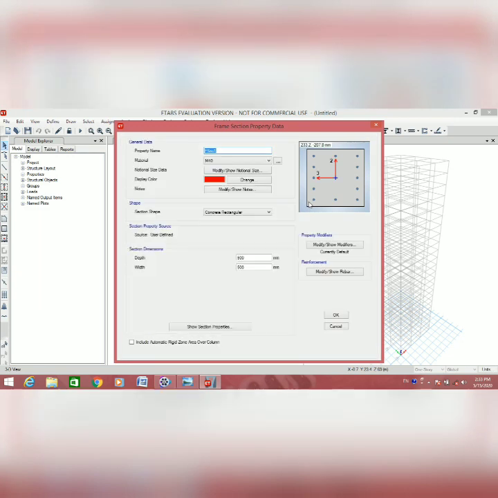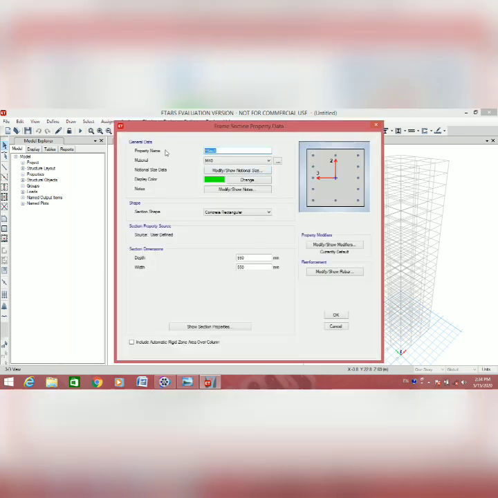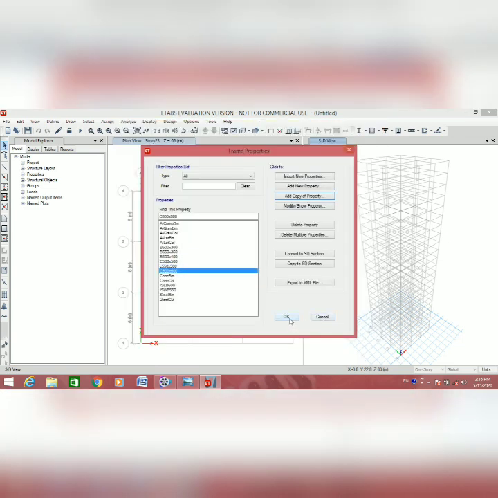Again add copy of property, column 550 cross 550, give the dimensions 550 depth and 550 width. Add copy of property, column 600 cross 600, change the dimensions to 600 depth and 600 width, and then click OK and OK.